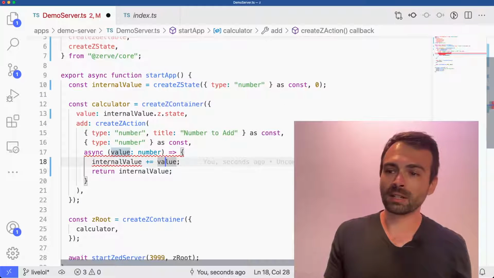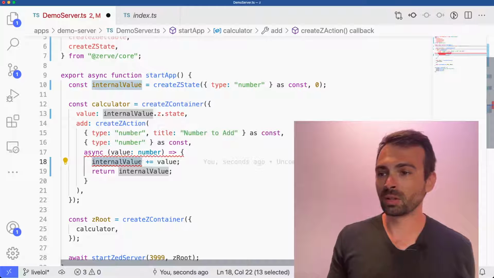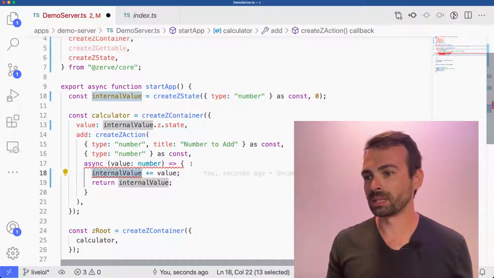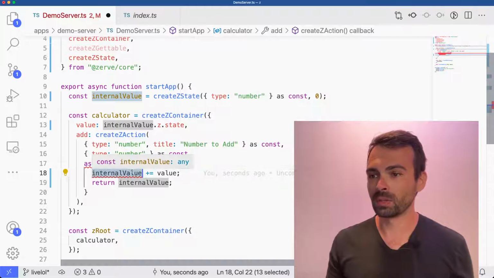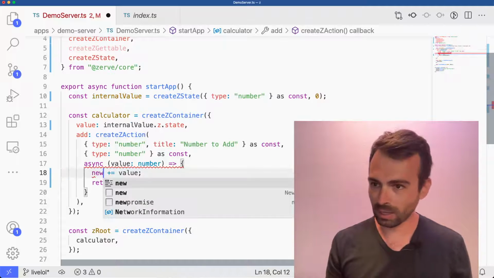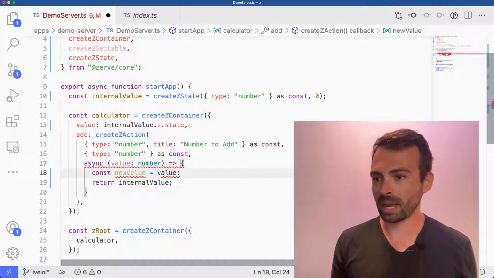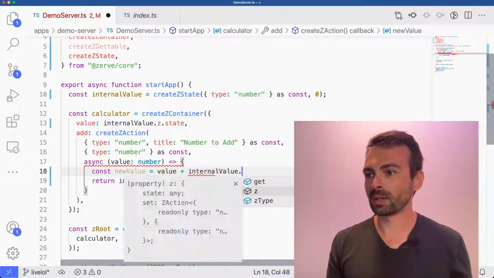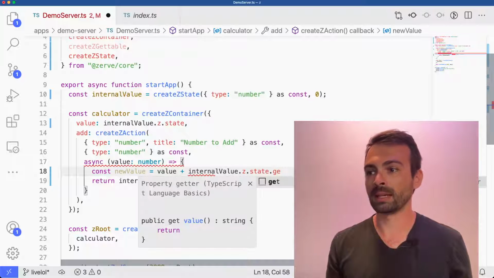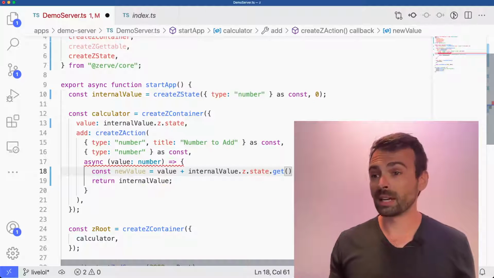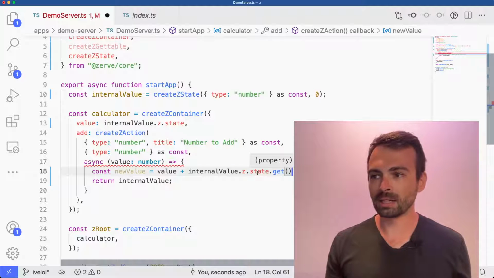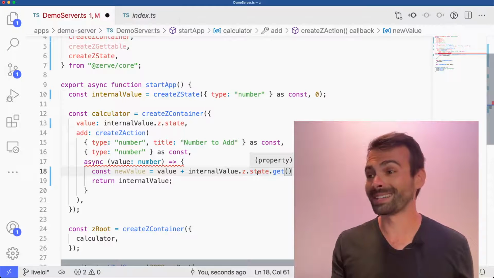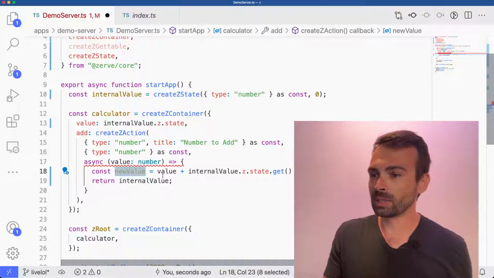Now, the action here doesn't have to be changed, except the internal value that it's trying to access is no longer a variable here that's available. So instead we have to get the current value. So we can do that by saying that the new value is equal to the value that's coming in from the action, and we're going to add the previous value. So how do we get the previous value? The internal value .z.state has a getter on it. This getter works just like a zGettable. Z.state here is actually a zObservable, which means that the client will be able to see the changes as they're happening. So here we're going to say that the new value is equal to this, and we're going to return